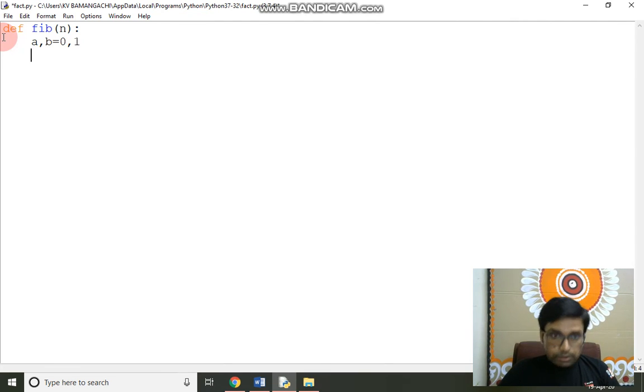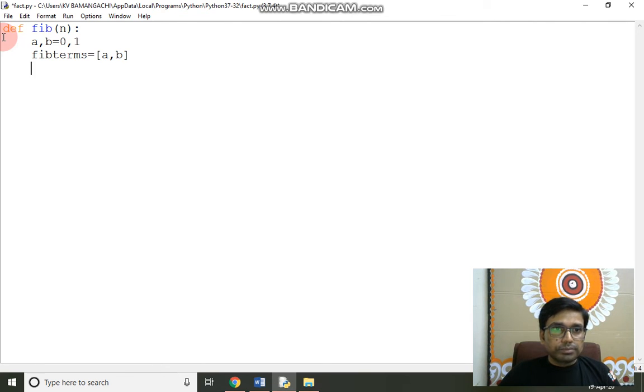Another variable is fib terms. Fib terms is a list in which the terms will be stored. So the first terms a comma b will be unchanged and updated terms will be appended to this list. So we will use the append function.